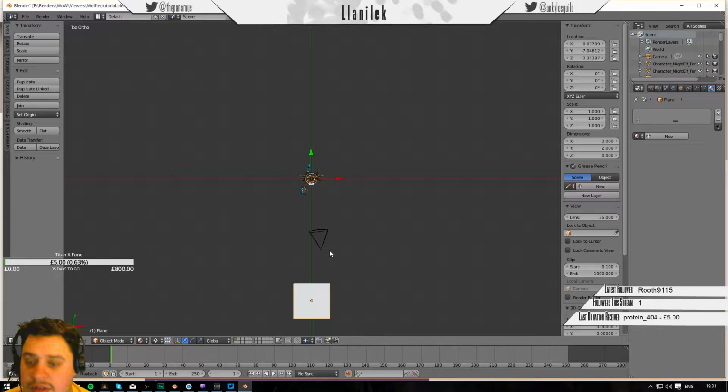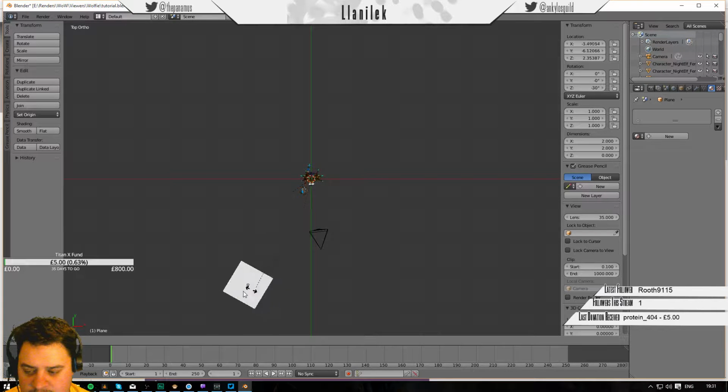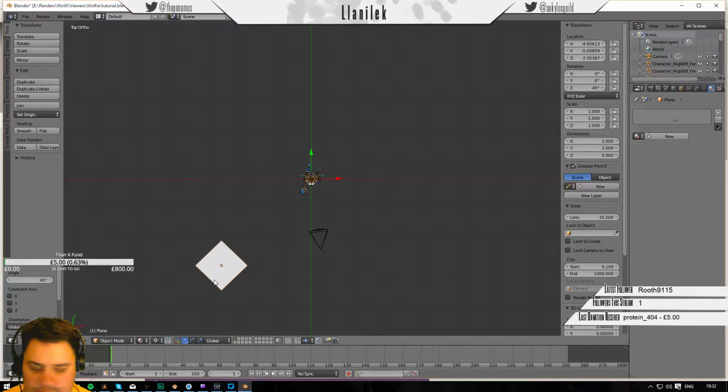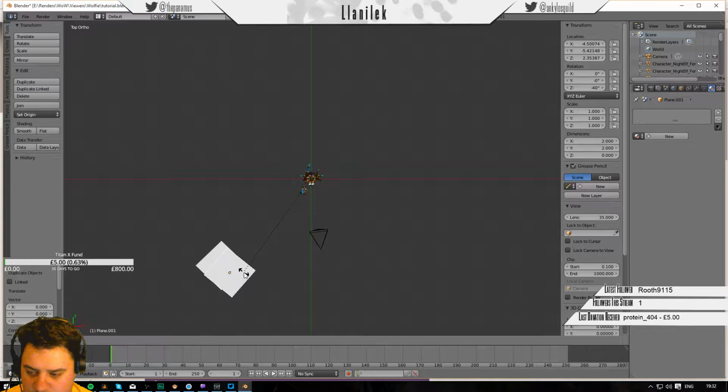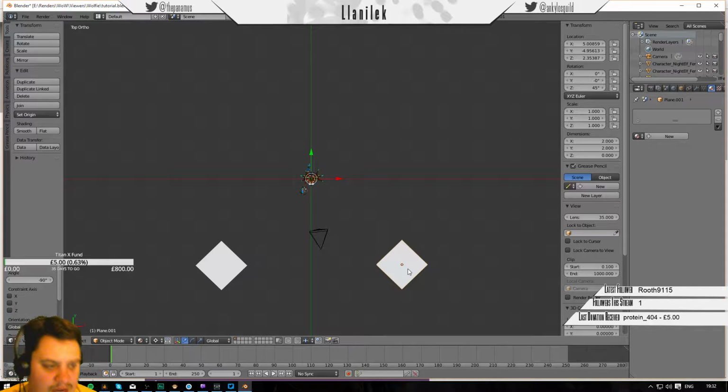So if we press 7 again, and we're going to press R and holding control, which will give us a 5-degree increment, we're going to move it to the left 45 degrees. If you look here in the bottom corner where it says rot 45, that tells us that it's 45 degrees from where we've just had it. Okay, drop it there, left click to accept. I'm going to click shift and D to duplicate, left click again, and we're going to click R to rotate, and we're going to rotate it this way minus 90 degrees. And this is setting up basically a